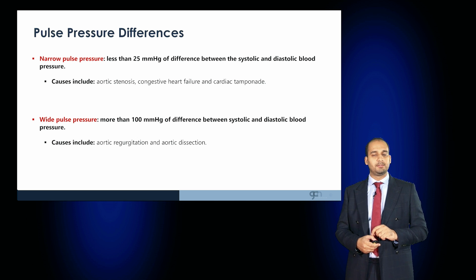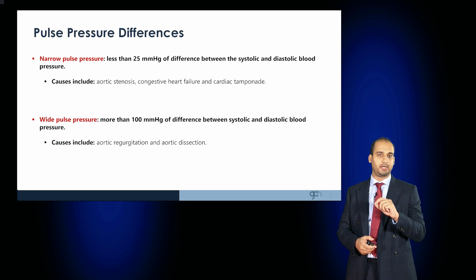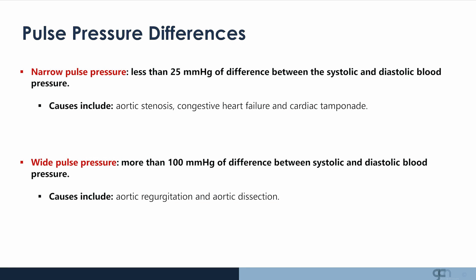Calculate the difference between the systolic and diastolic blood pressure. This is called the pulse pressure. A narrow pulse pressure, i.e. less than 25 millimeters of mercury, can be as a result of advanced aortic stenosis, congestive heart failure or tamponade,